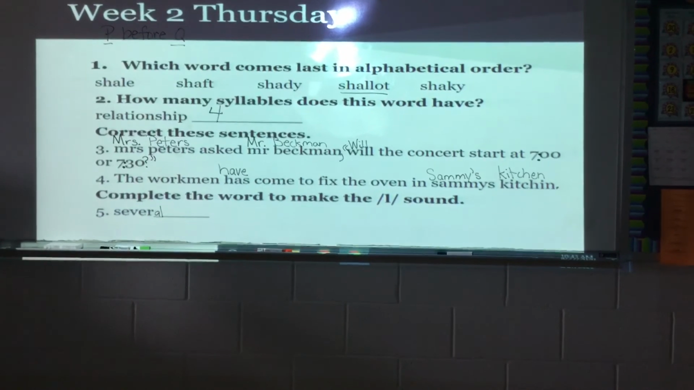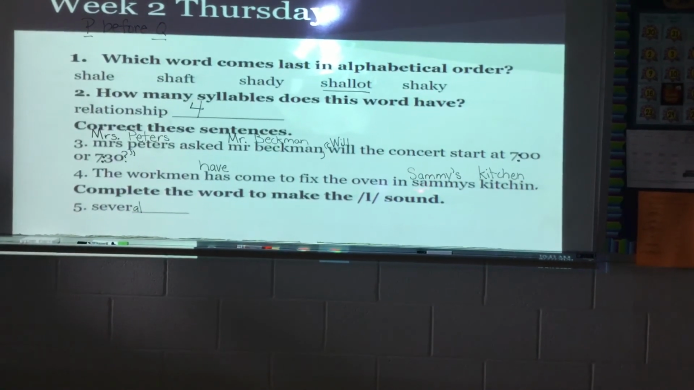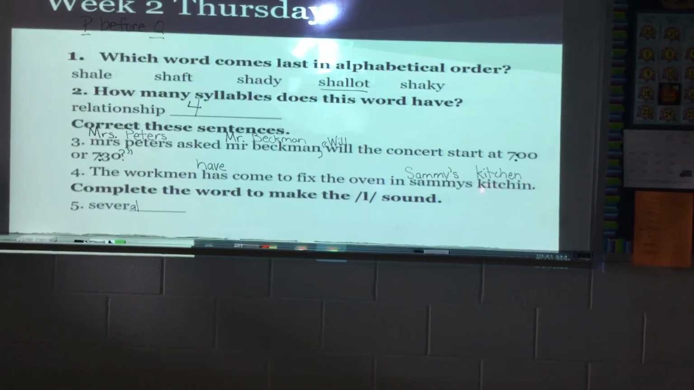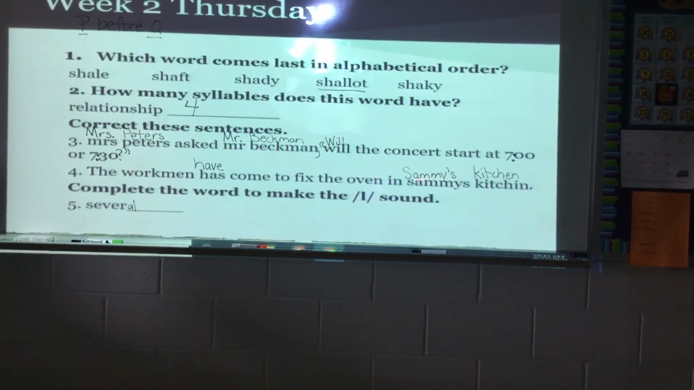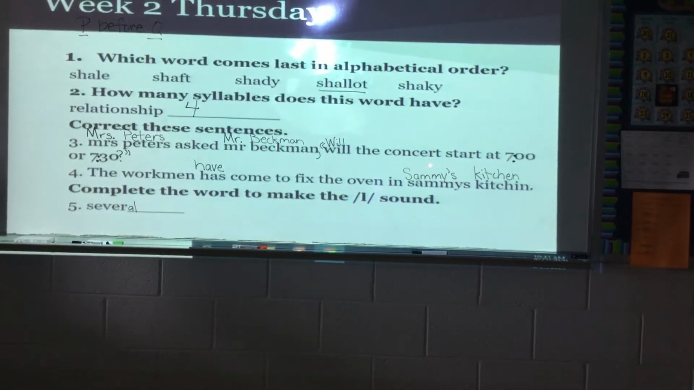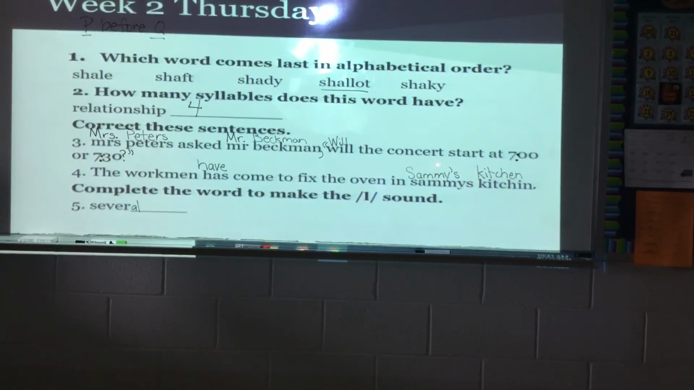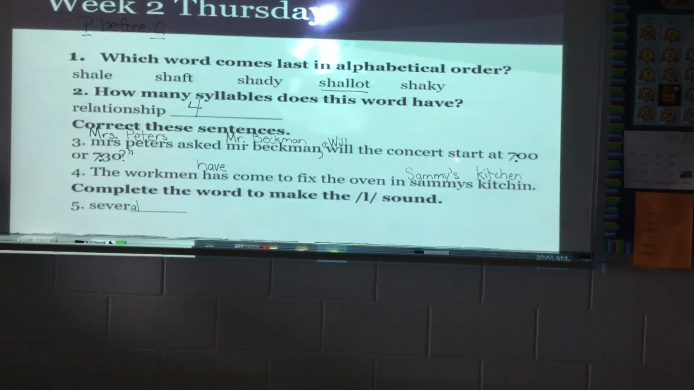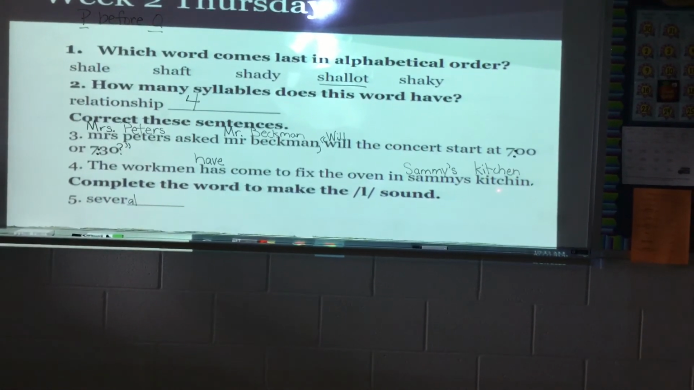Okay, Sammy's over here at the end is a proper noun, so we need to capitalize it. And the kitchen belongs to Sammy, so therefore we've got to make Sammy show ownership. The apostrophe goes in front of the S because the name of the person is Sammy, not Sammy's. And then kitchen was misspelled,